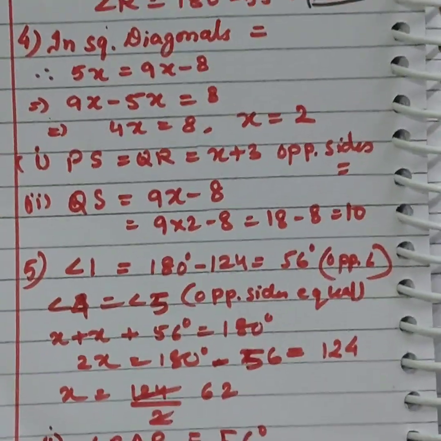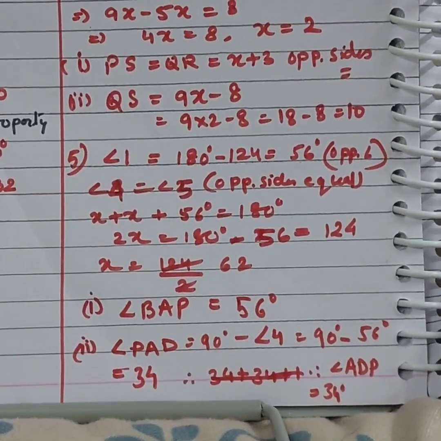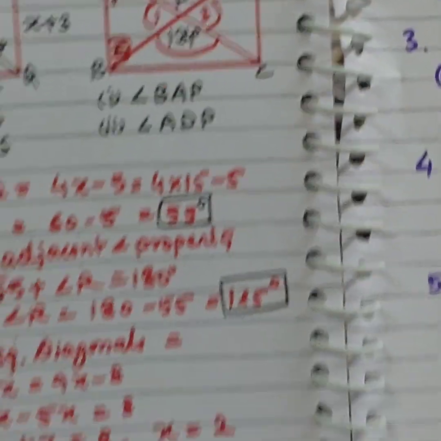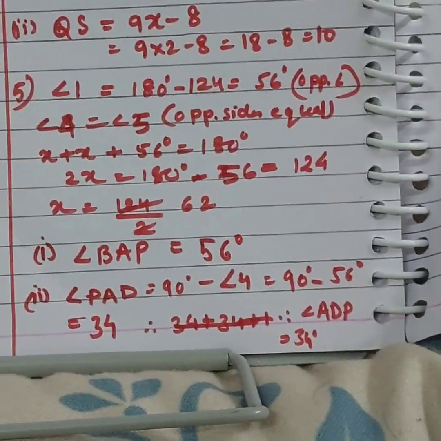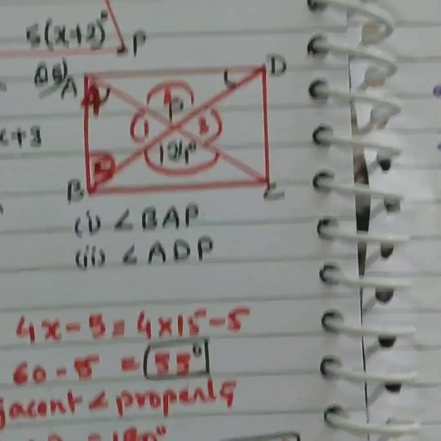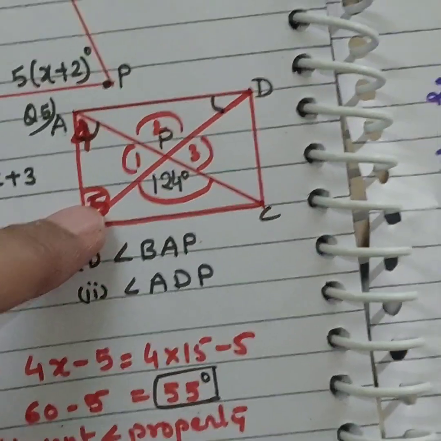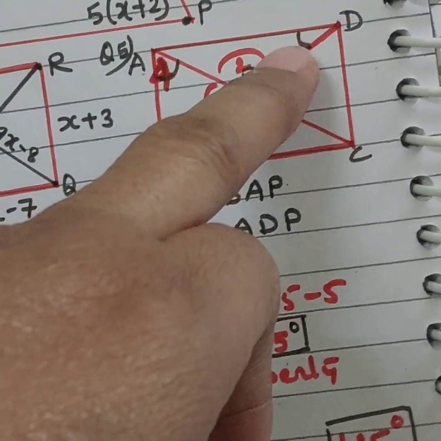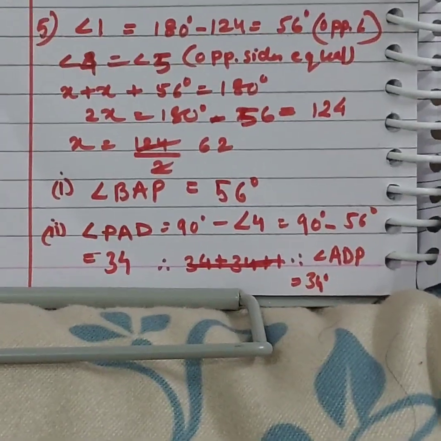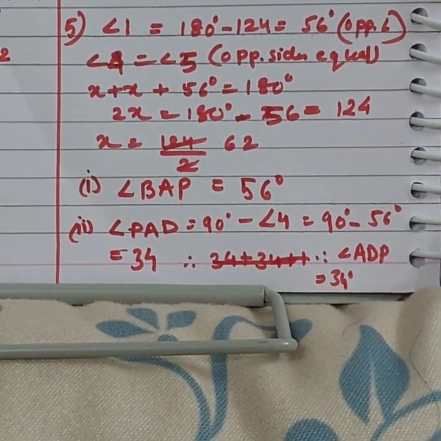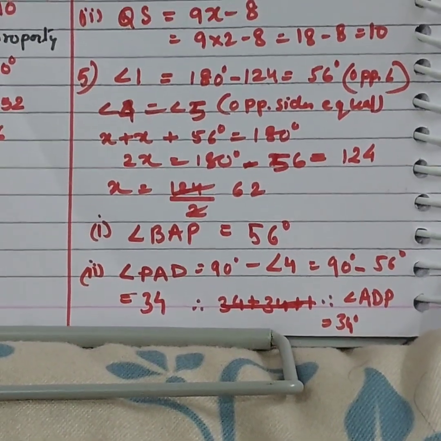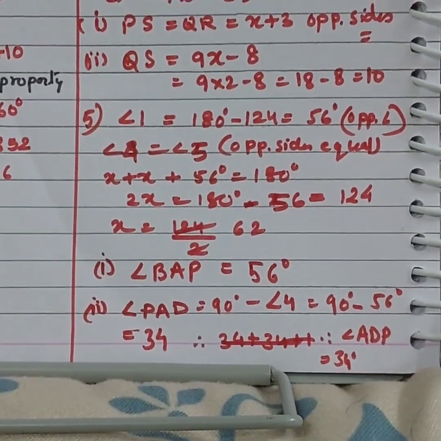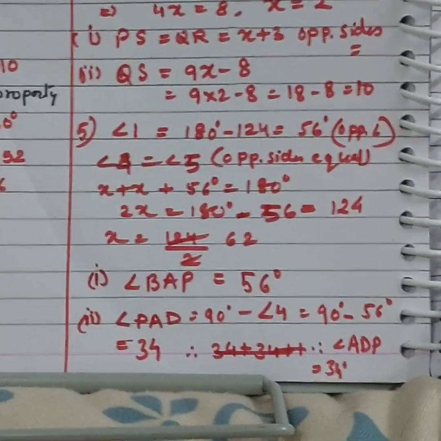Next is angle BAP। क्या निकालना है? एंगल ADP। ADP कहाँ है फिगर? देखो ADP ऊपर, राइट, दिख रहा है आपको ADP। नाउ फॉर ADP, फॉर दिस ADP क्या करोगे आप? वही, बिकॉज इट इज़ 90 डिग्री, है ना। 5 आपने क्या निकाला अभी? एंगल 5 इज व्हाट? 56 ना। तो अगर ये 56 है तो ये भी 56 होगा। तो 90 में से 56 माइनस करोगे तो ये आ जाएगा। सो वेरी सिंपल। सो यू हैव टू सब्ट्रैक्ट 90 माइनस एंगल 4, दैट इज इक्वल टू 90 माइनस 56। कुछ भी आप ले सकते हैं, एंगल 4 हुआ या एंगल 5, अल्टरनेटिव हुआ ना इंटीरियर। तो ADP में एंगल 5 ले लो, एंगल 5 दैट इज इक्वल टू 90 माइनस 56 डिग्री। तो आपका आंसर आ गया ADP। आई होप दैट यू अंडरस्टैंड।